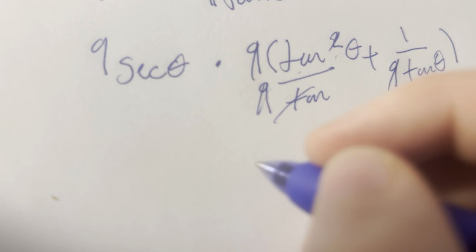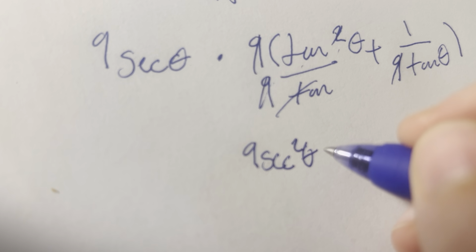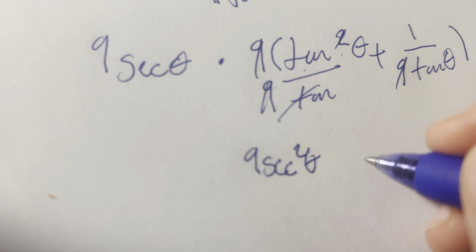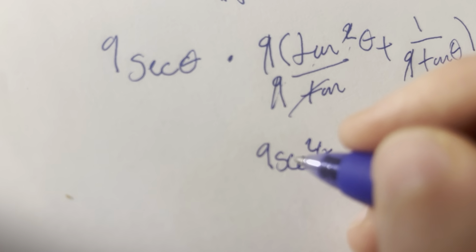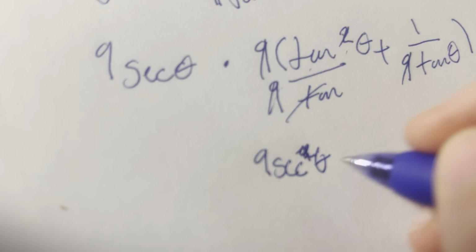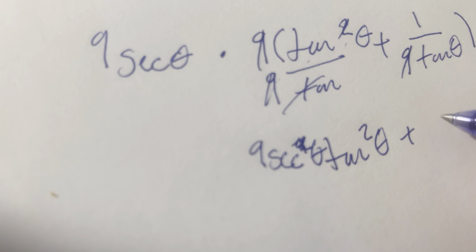So that would just give us 9 secant theta times tan squared theta plus secant theta over tan theta. And we can rewrite this,